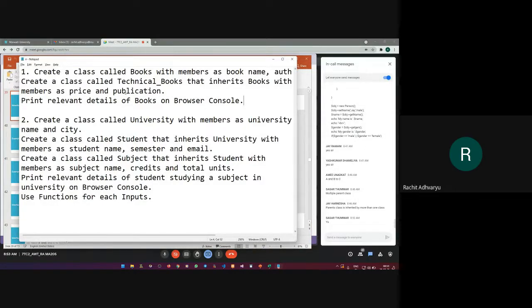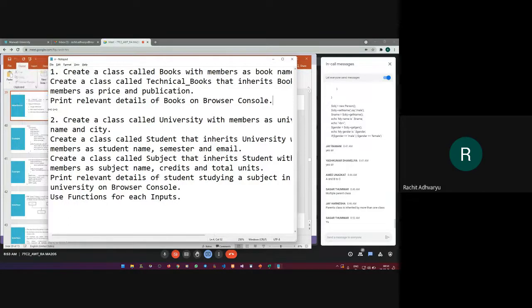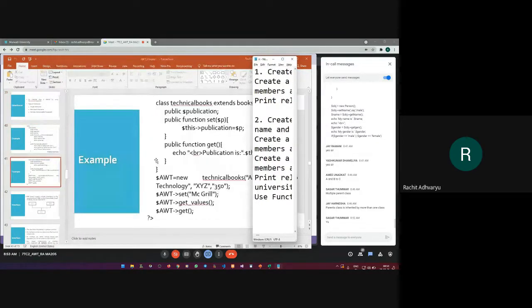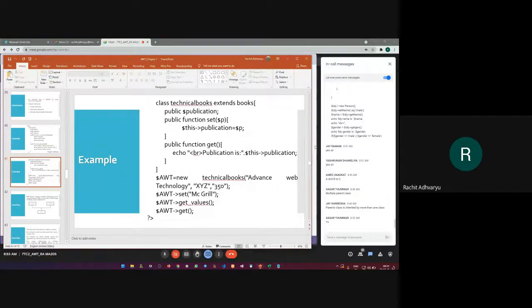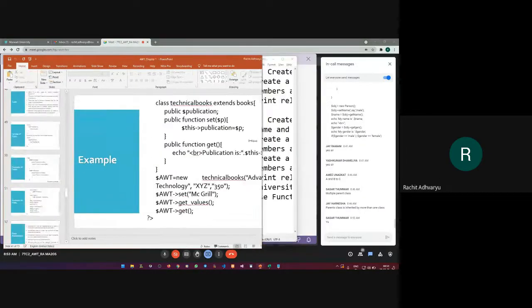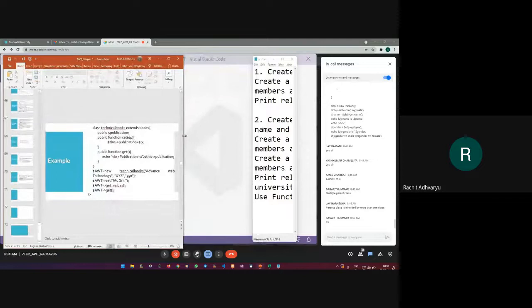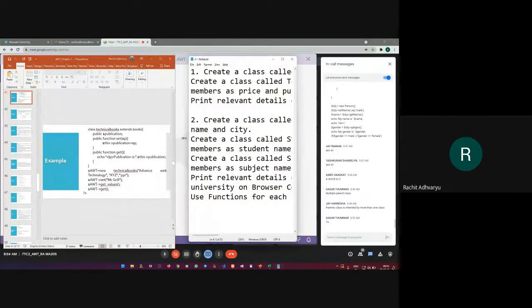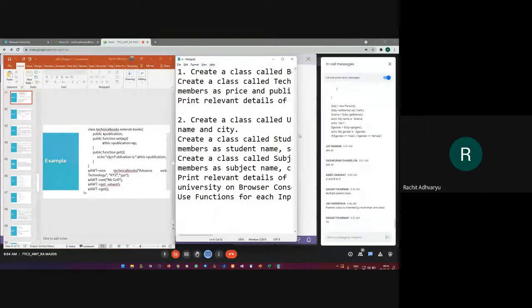If you want, what I can do here is, just give me a moment. So I'll keep both the programs as well as the sample code open.